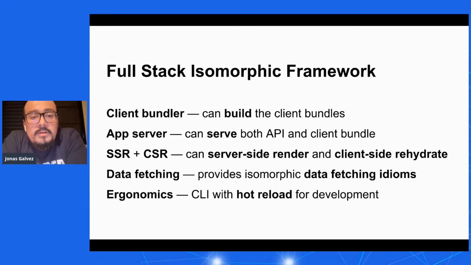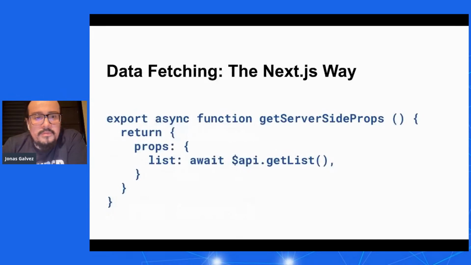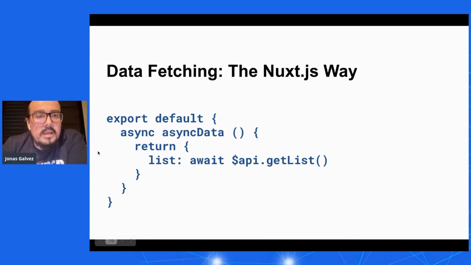You have an app server, which can serve both the API and the client bundle. That's an HTTP server, pretty much. And you have the ability to server-side render and client-side hydrate. And you have data fetching, which provides isomorphic data fetching idioms. That means code that allows you to fetch data on the server, and the same code can be used on the client. So in the case of Nuxt.js, for instance, if you're running a server-side render